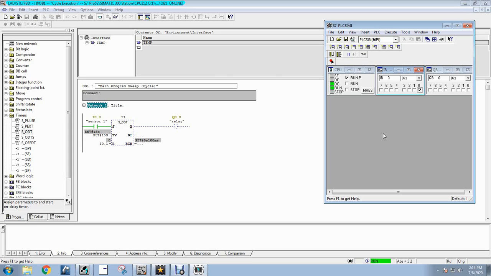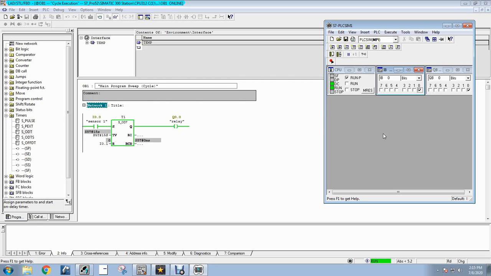Now here you see that the output can be stopped either by removing input at I 0.0 or by giving input at I 0.1. Now you can assume the applications of this on delay timer and its utility in various industrial requirements when we need delays in certain functions of automatic machines and automation processes.